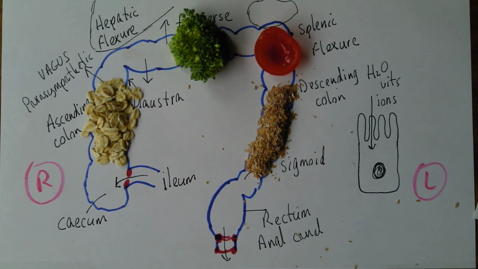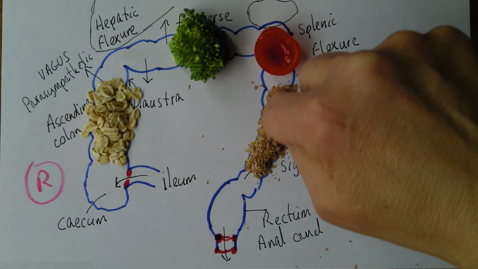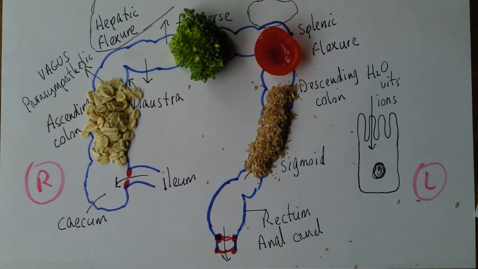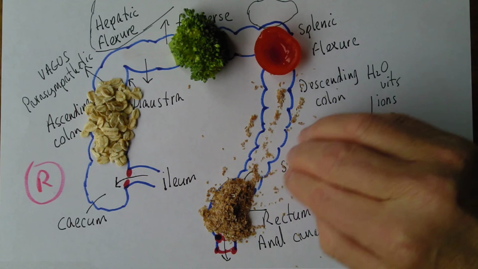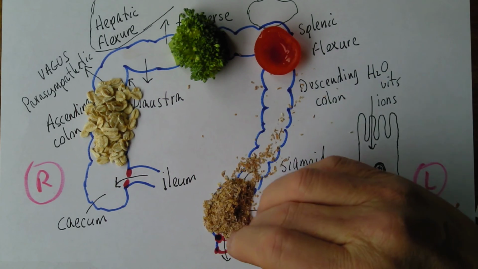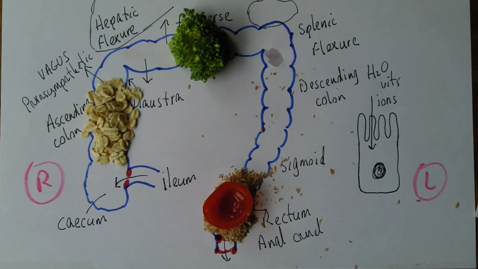But then what happens is when you eat, eating stimulates a reflex called the gastrocolic reflex. And that will cause the last half of the large intestine to contract very vigorously, pushing all this material down into the rectum all of a sudden. So this material will get pushed down. Anything that's not reabsorbed will get pushed down to the rectum. That will cause the rectum to dilate, and that will trigger off the defecation